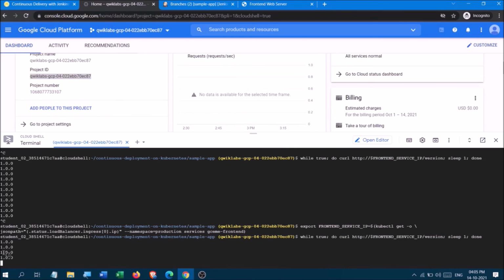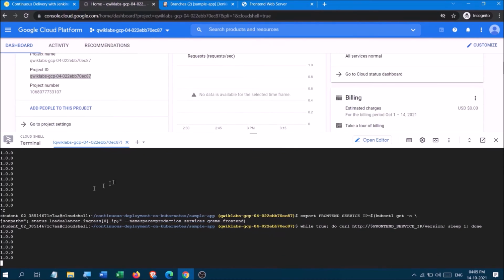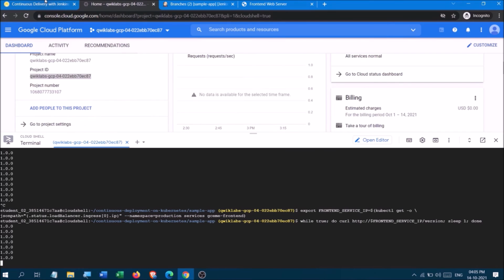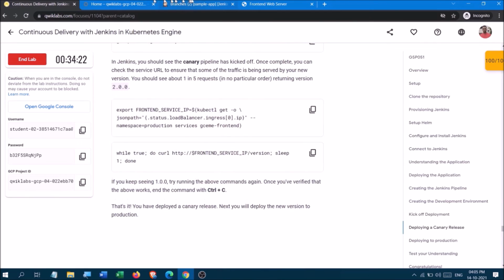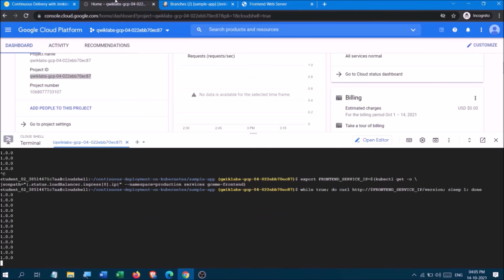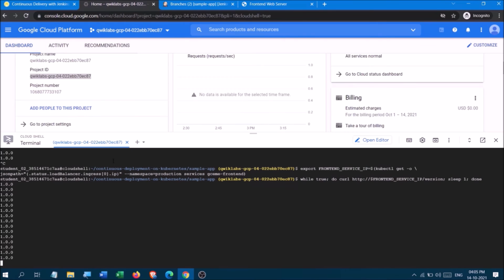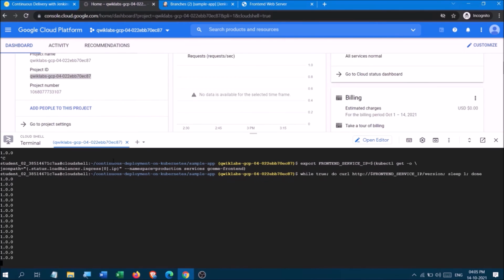Okay, 2.0.0. But if it is still 1.0, we will look at it continuously.